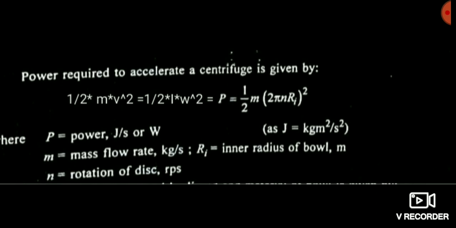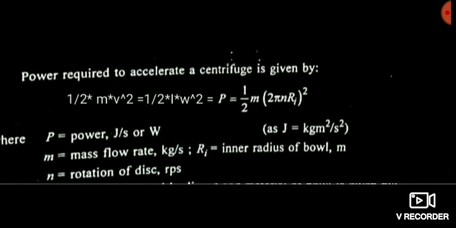I think all of you know that omega is the angular velocity. Friends, in the third case, I have written 1 by 2 into 2 pi m into 2 pi r n squared. Means, friends, I think all of you know that velocity v is equal to r omega, and v is equal to 2 pi r n. Means I think all of you know this conversion, v is equal to r omega and omega is equal to 2 pi n by 60.